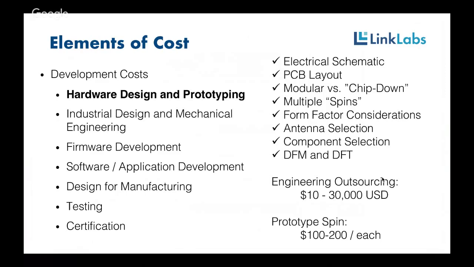That 200 to 300 each is actually each unit. It doesn't matter what your device is targeted to cost when you're in production, whether it's $10 or $100. When you spin prototype hardware, it's very expensive because new PCBs need to be built. Oftentimes components need to be hand assembled by contract manufacturers. So you got to budget, generally a good amount of money depending on how many prototypes you're looking to build.